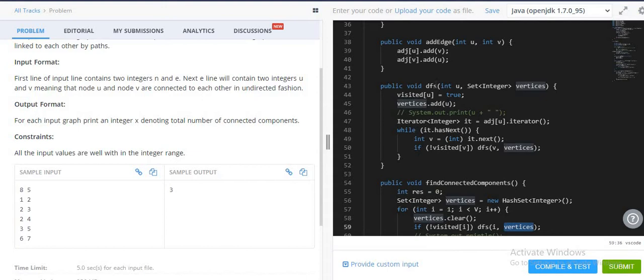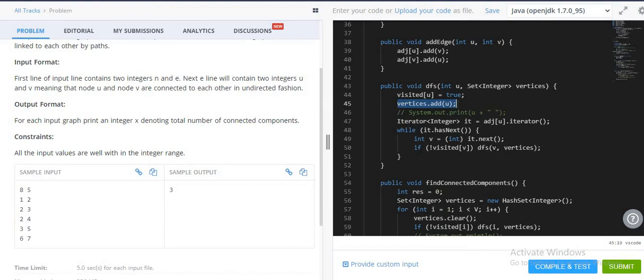Now coming to this DFS function, first I will mark that u vertex, that is the starting vertex or parent vertex, as visited, and then I will add it into my set, because I just have to avoid the duplicacy.